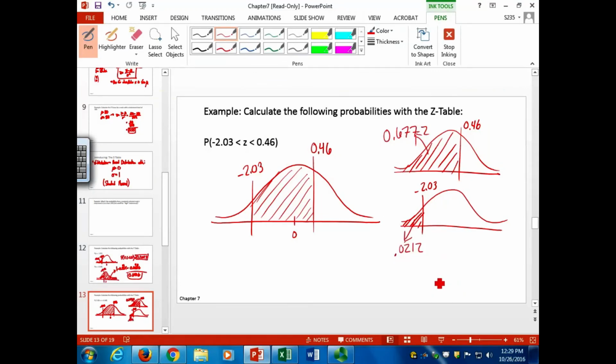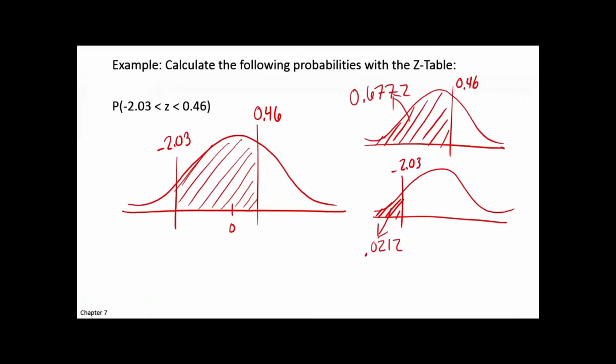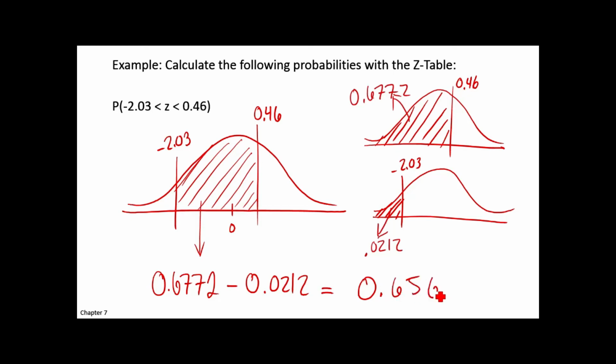All right. So when you get home, you should pull up that table and make sure you can get these numbers off of it. Then all I need to do is take that bigger number. So this area should be the big area minus that tail I don't want. And that'll give us our answer. So that'd be 0.6560, I think, would be your answer.